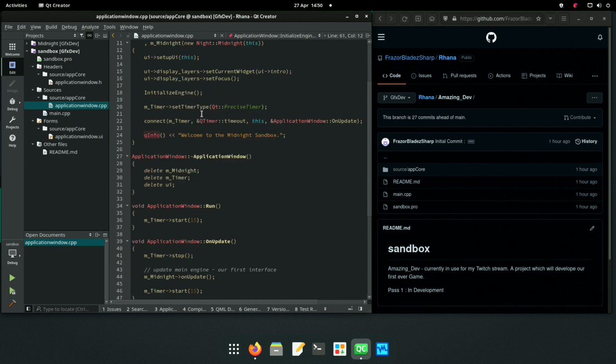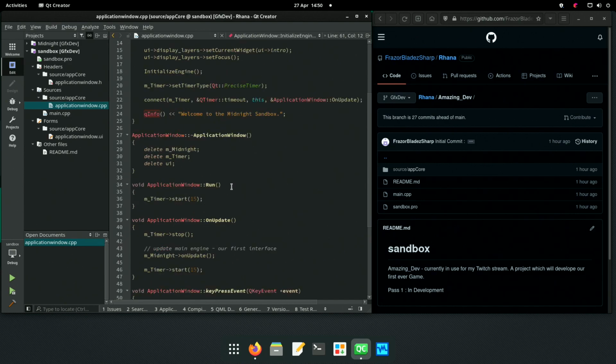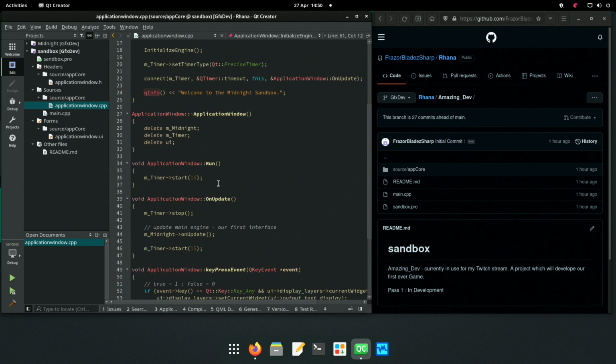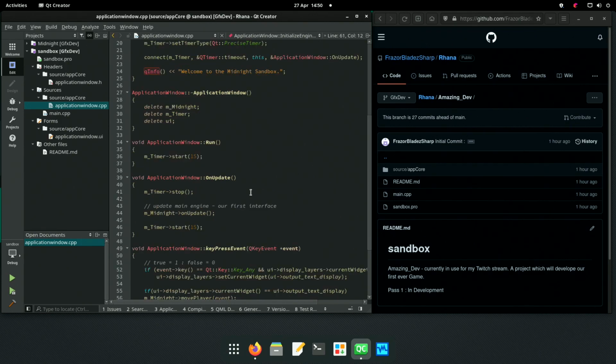We're setting a timer, we're connecting the timer, and we're just giving in information. We then run and start the timer running because it's on an interrupt system. Our main loop is a system interrupt rather than a while loop or a do while loop or whatever you want to call it.